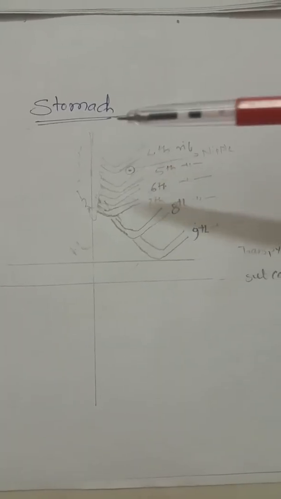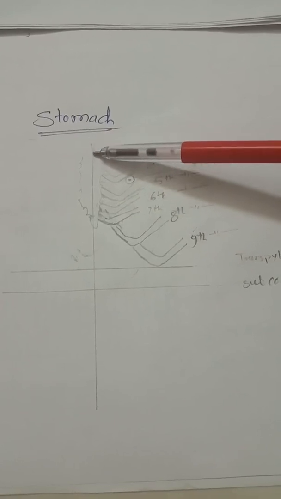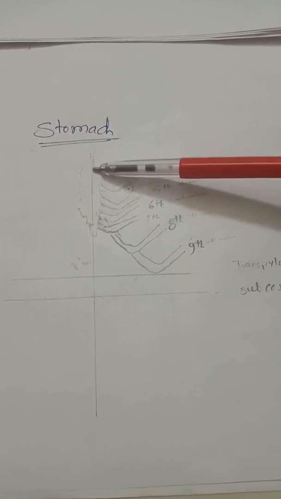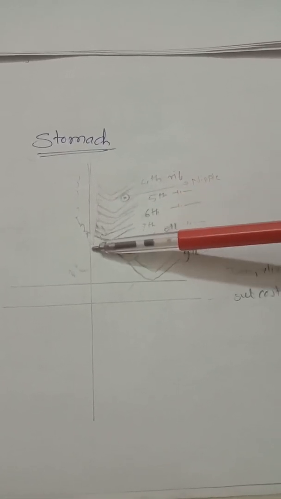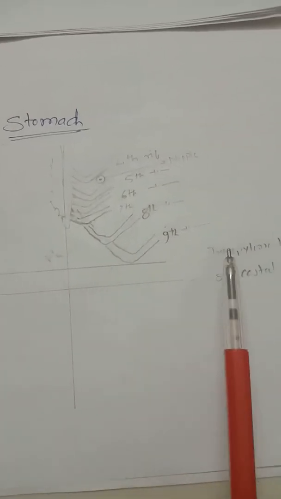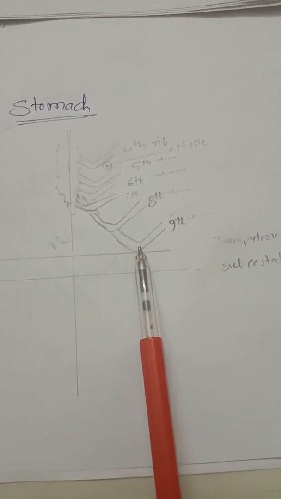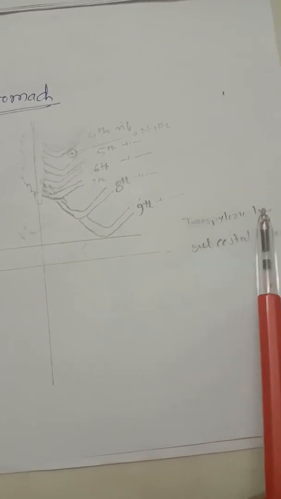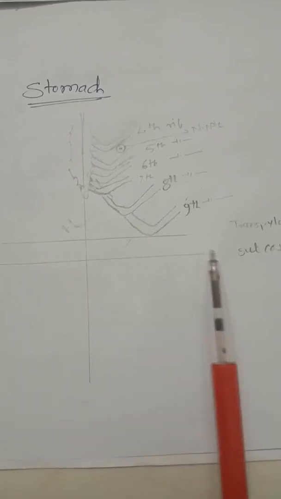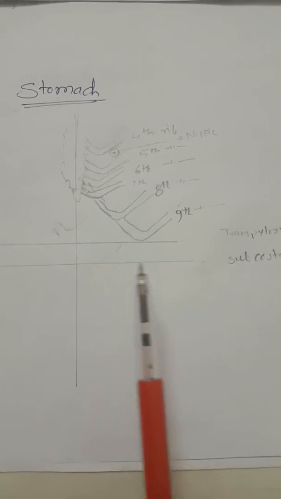So for drawing the surface anatomy, firstly you should draw the median plane. Here you can see the median plane, which is drawn from the jugular notch to the center of the sternum and then goes downwards. Then the second line is the transpyloric plane, which passes through the tip of the ninth rib. After that you should draw the subcostal plane, which is drawn at the tip of the 10th rib.